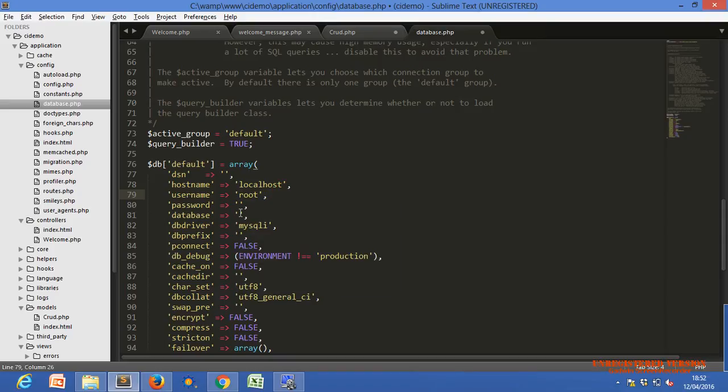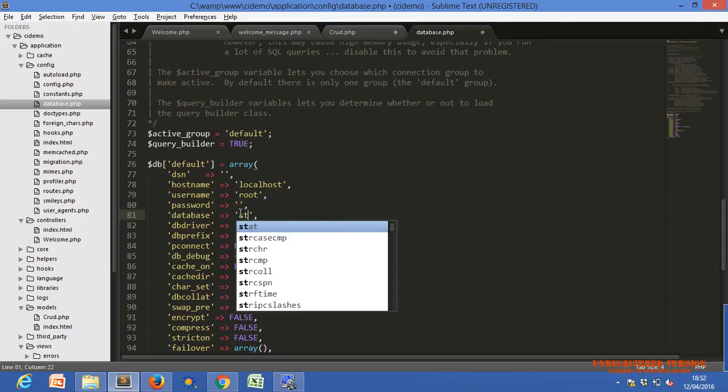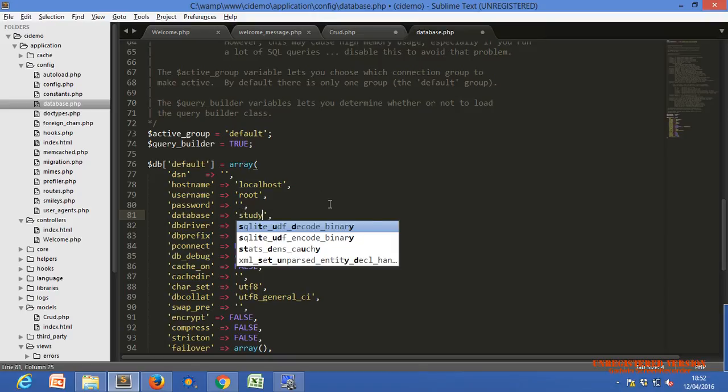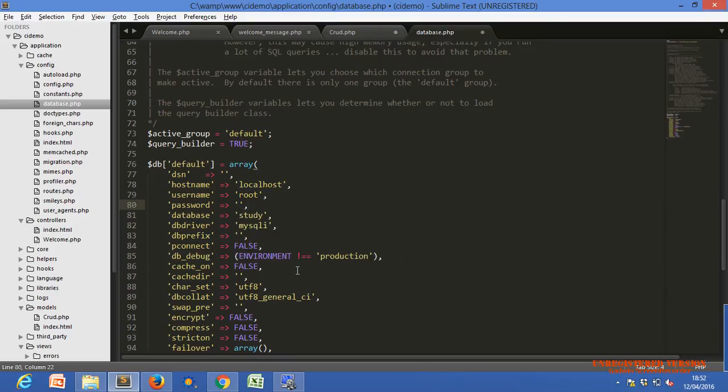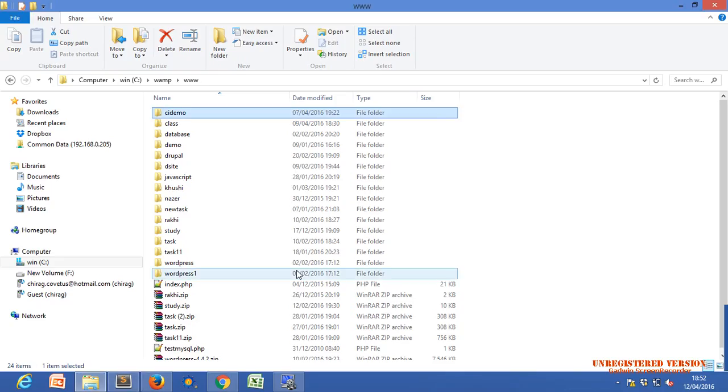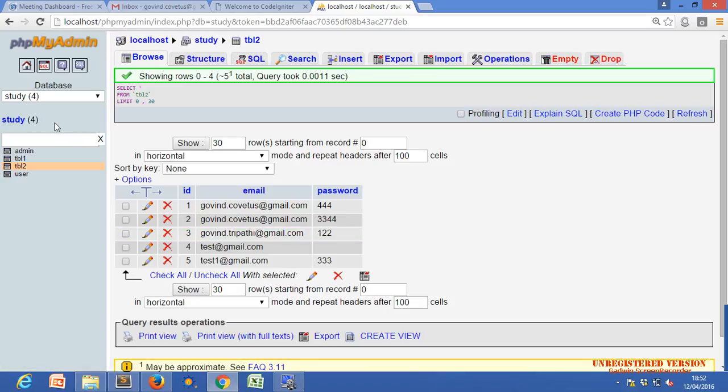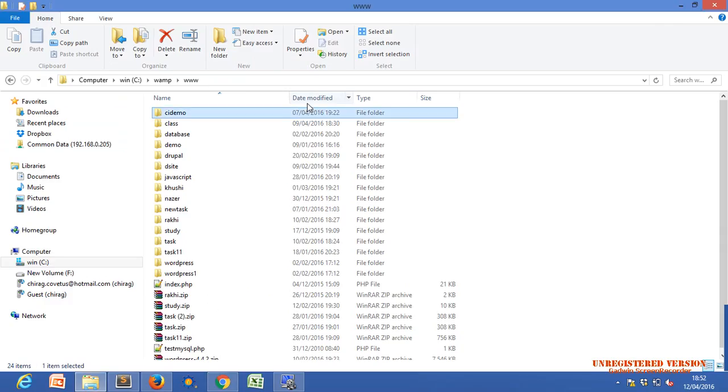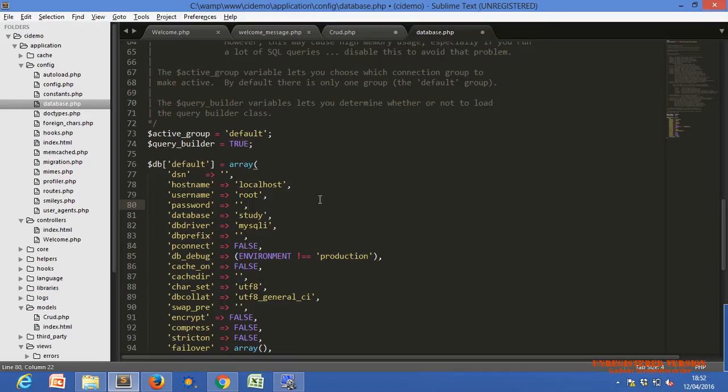The database name is study, nothing else. What is our database name? Yes, the database name is study. And this is phpMyAdmin. What is the username? Root, with a blank password.